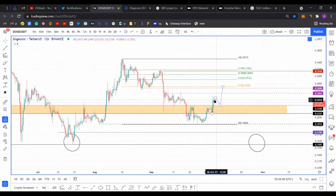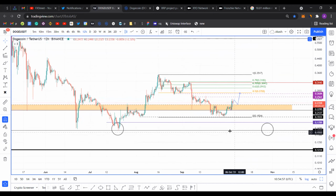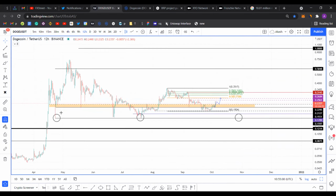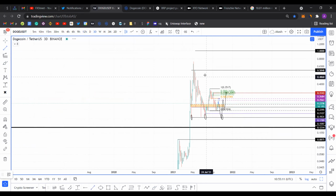If it does not hold above this level, comes below this barrier here at 0.212, then honestly, I really wouldn't mind those coming down to this level here, which is 0.16, because then it would form the triple tap setup that I've been eyeing for quite a while now. So it could do this and then probably go higher. And another thing why I want this to happen is this,